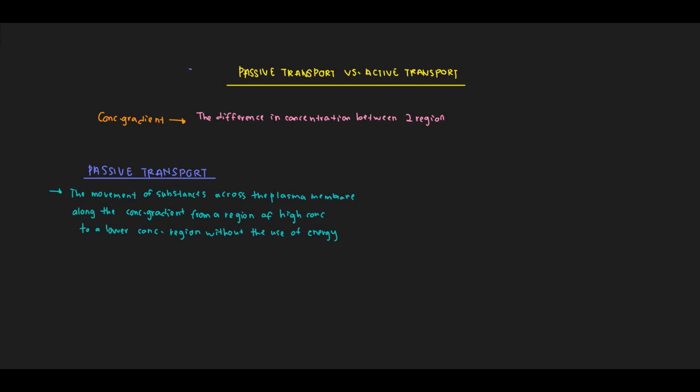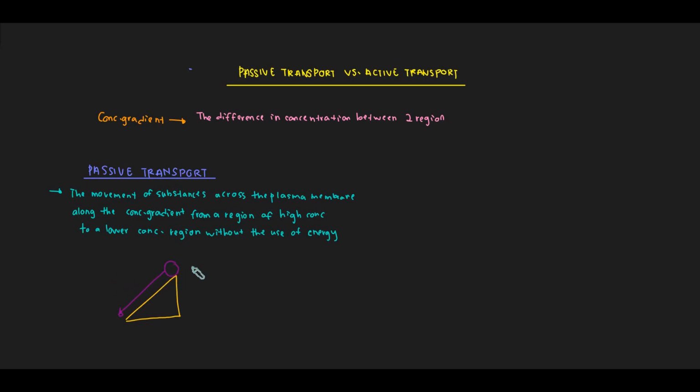If I were to depict this in an illustration, I would draw a slope. This is my slope, and I would draw a ball. I'll put the ball on top of this slope, and based on my experience and observations, the ball will roll down to the ground because the ball is pulled by the gravitational pull, so it moves downwards to the ground. This is how we would define passive transport, meaning that we do not need to use any energy